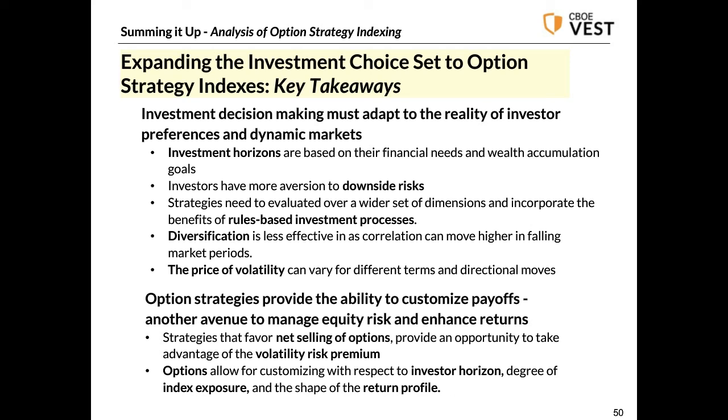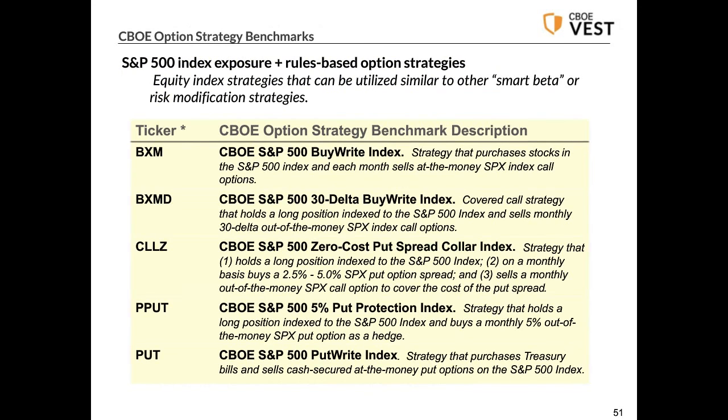We also have, in utilizing options, the fact that the price of volatility in options, especially index options, tends to be higher than realized volatility. So this provides an opportunity for some enhancement in option strategy design. And so if you have a specific investor horizon or target return profile, then option strategy indexes and option strategy design can be very useful to you. So at the end of this presentation, I just summarized the indexes that we talked about today.